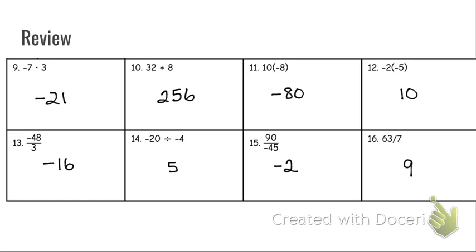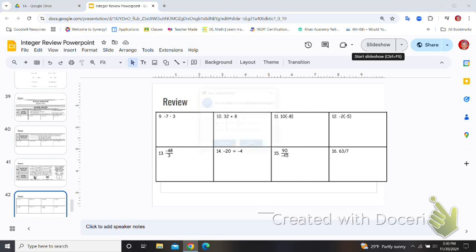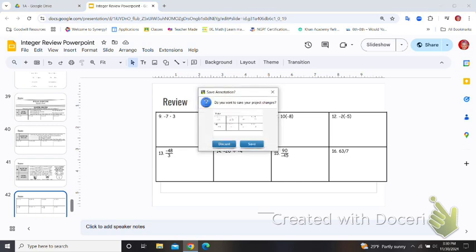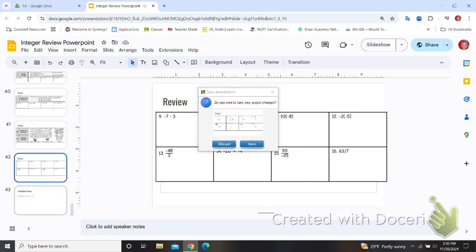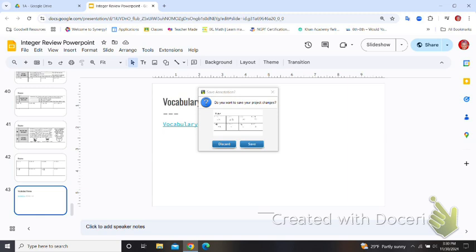No negatives, of course, it's positive. All right, very well. So that is way longer than I intended for some review about integers. But I will make a note with this that you can fast forward